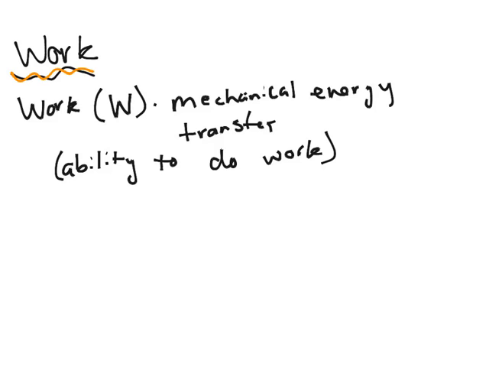Alright, so to start with work, which we denote by a W, nice and simple, is a mechanical energy transfer. You can think of it as the ability to do work is equal to energy. So energy is just the ability to do some work. You need energy to do work, same thing in physics. The formula for this is W is equal to FD,